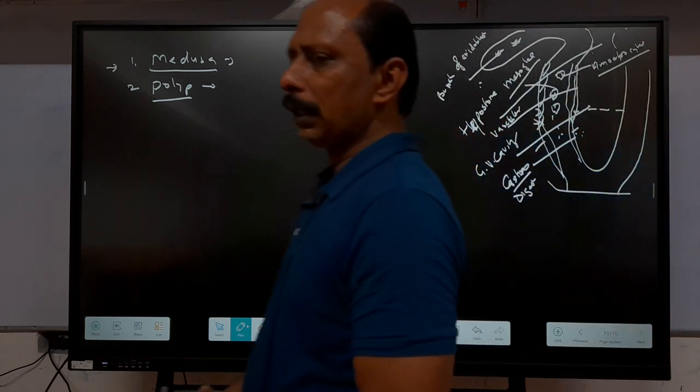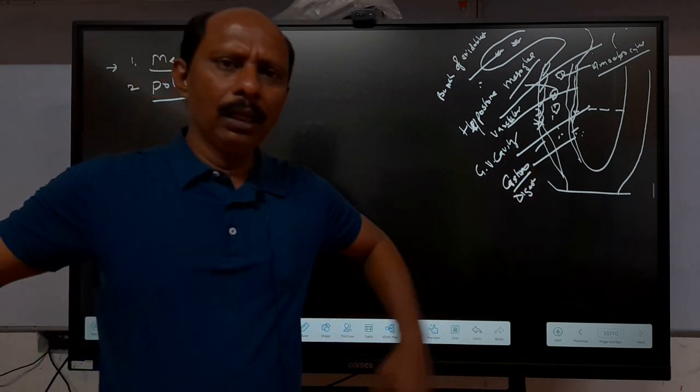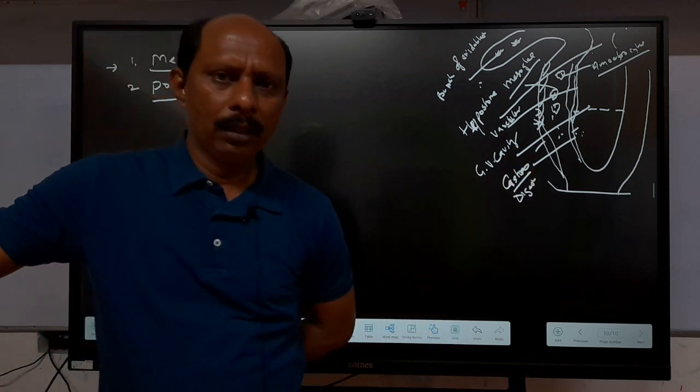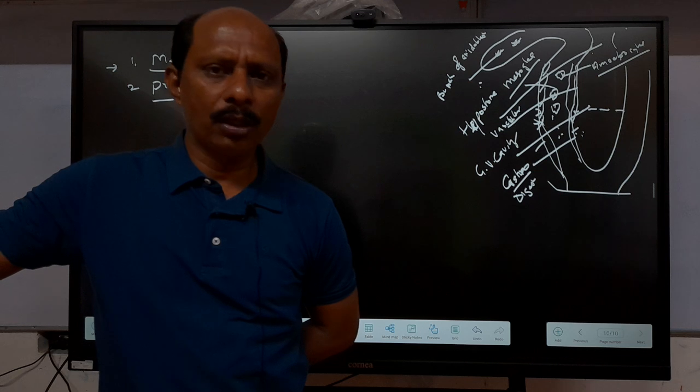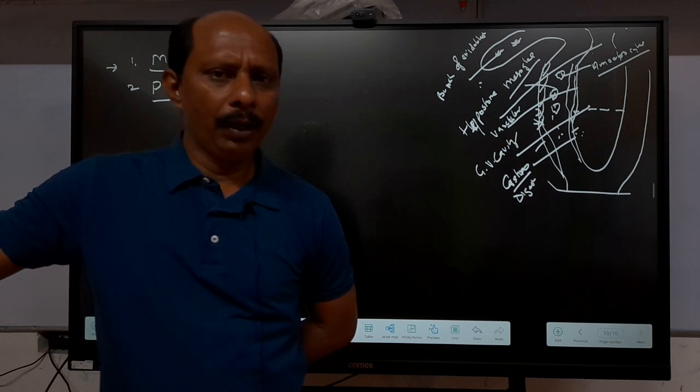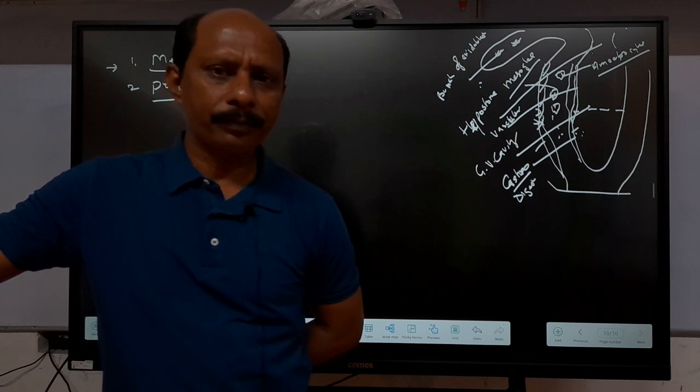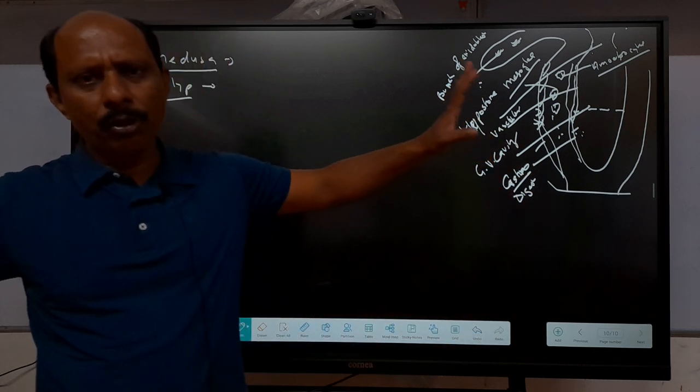So in mesoglea there are also amoebocytes. We can say these are archaeocytes, right? They are also responsible for the formation of male gametes, or the formation of female gametes, right? Here sexual reproduction is present,